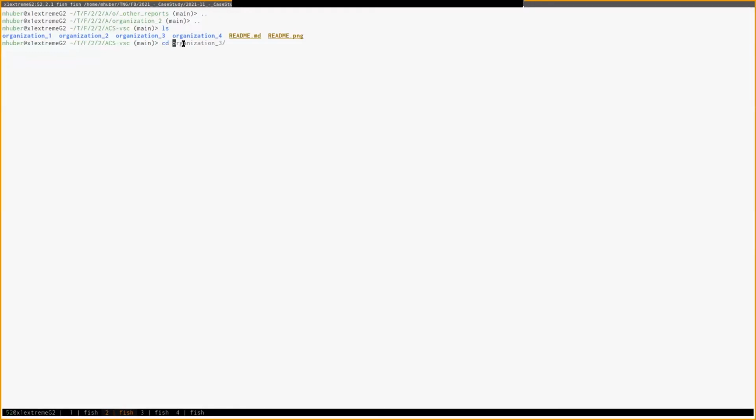If I look into the first organization's folder, it basically consists of 3 parts. There's the source code that organization 1 owns and that gets compiled. There's a script that does the compilation, and there's an output SPDX file